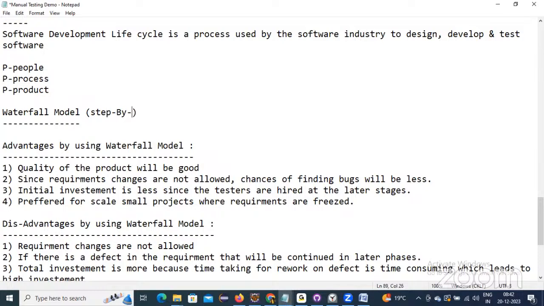Step-by-step process or linear model, anything we can say. So the next model is the